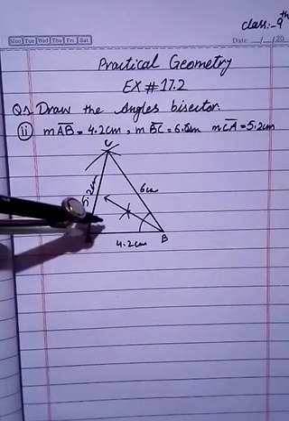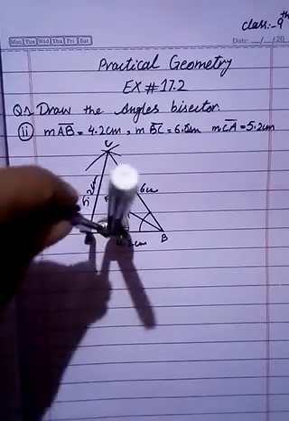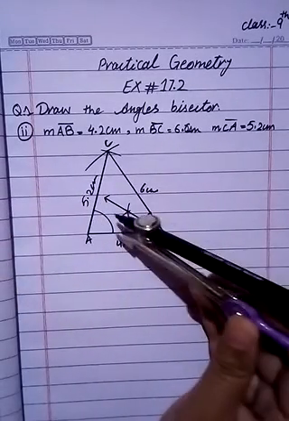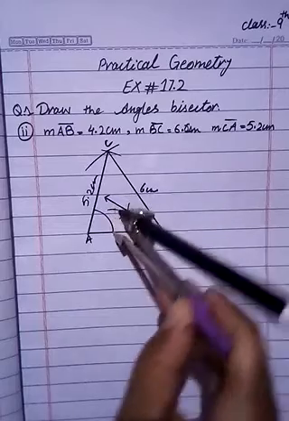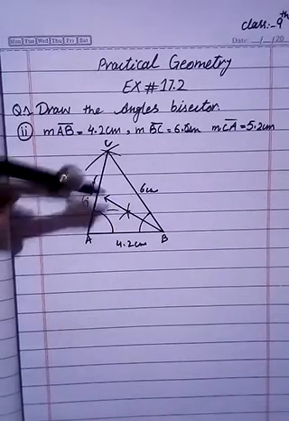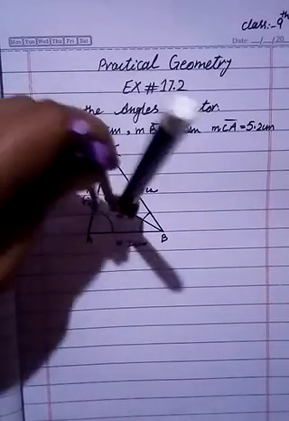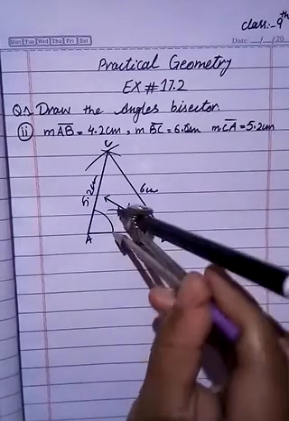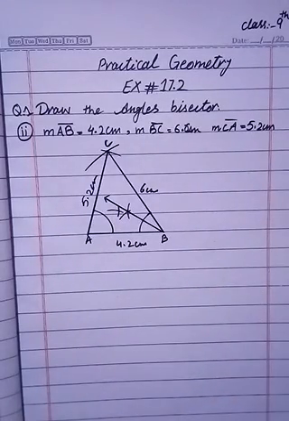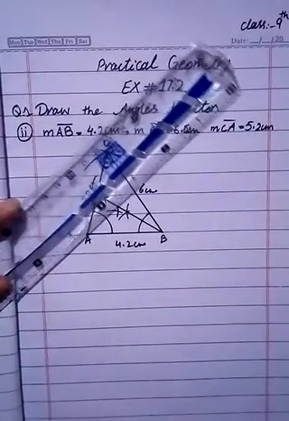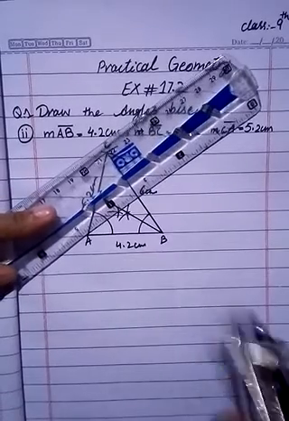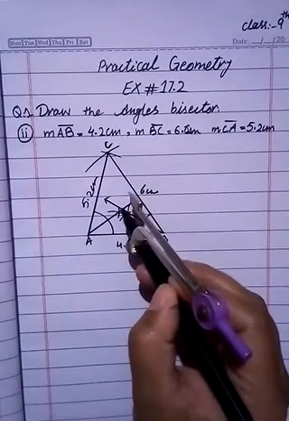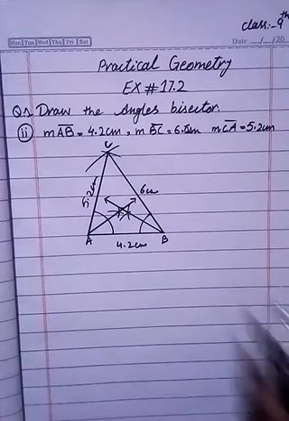Now you have to put compass at point A and draw semicircle like this. Now put compass at 0 degree, draw first arc. Now put compass at here and draw the second arc. Now you have to put again compass here and extend this arc. Now you have to get the intersection point. Now you have to join this intersection point with A like this. Now these two angle bisectors intersect at this point.